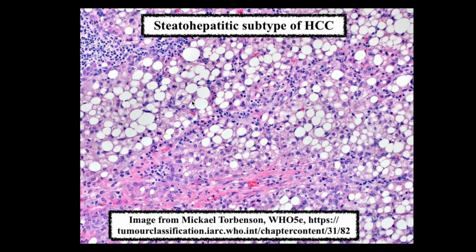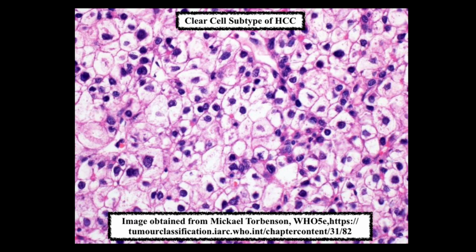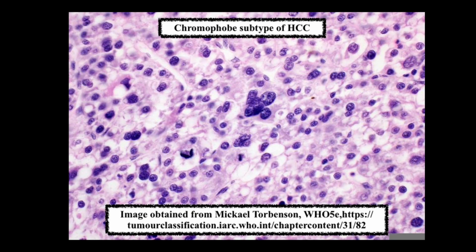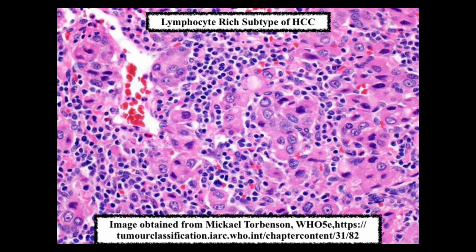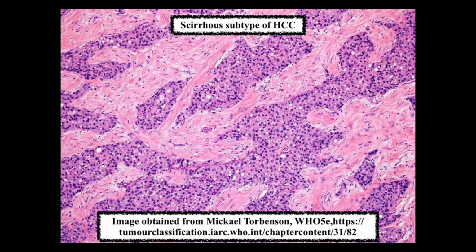So here's a steatohepatitic variant of HCC, where it looks like you have steatohepatitis. This is a clear cell subtype of HCC. It's clear because of the glycogen content. Chromophobe subtype, where the nuclei kind of look plant-like or coilocytic. Lymphocyte-rich subtype, where the lymphocytes outnumber the neoplastic cells. Serous subtype of HCC, where you have abundant fibrostroma, where more than 50% of the tumor is made up of